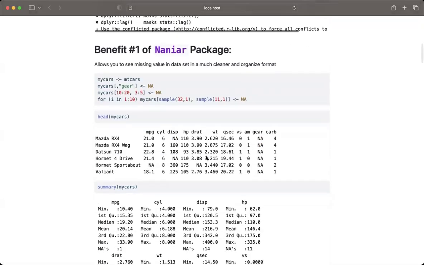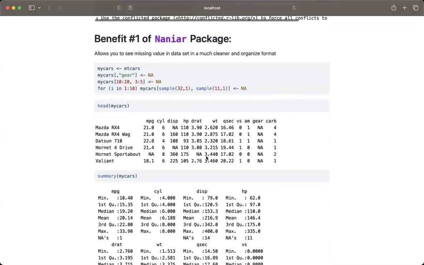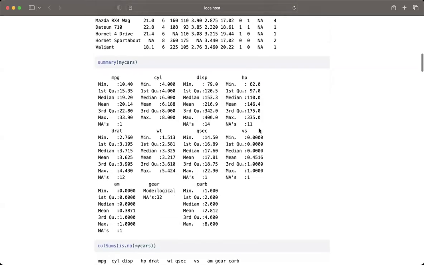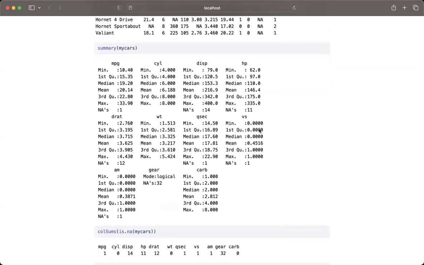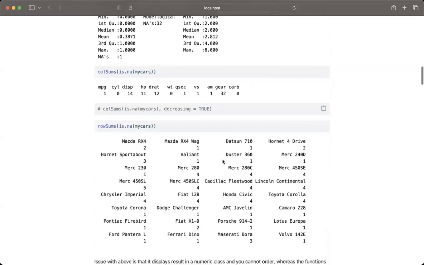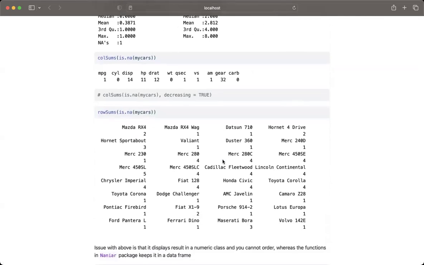Starting with how many missing values there are, I'll be using an example data set that Professor Joyce Robbins used in class, which contains self-generated missing data, as you can see. Typically, some common ways to quickly find missing data are to use summary, colSums, or rowSums. Although they do the job, there are things I don't like about each of them. For summary, it could be hard to read if there are a lot of columns. And for colSums and rowSums, you cannot order the amount of missing data unless you turn it into